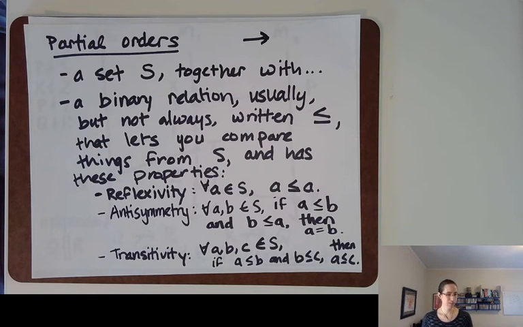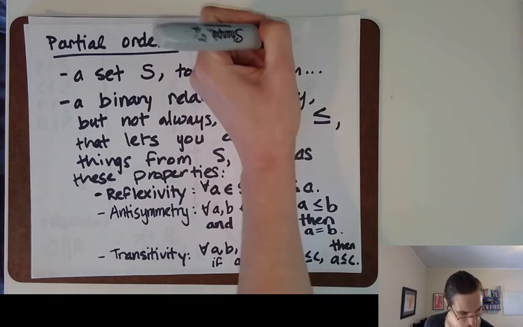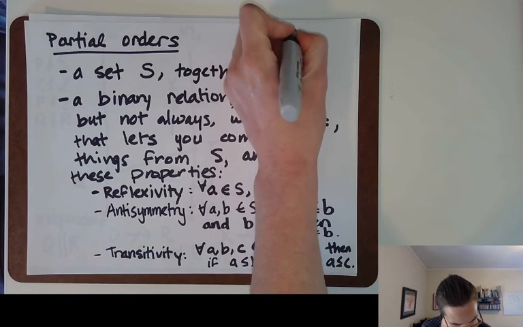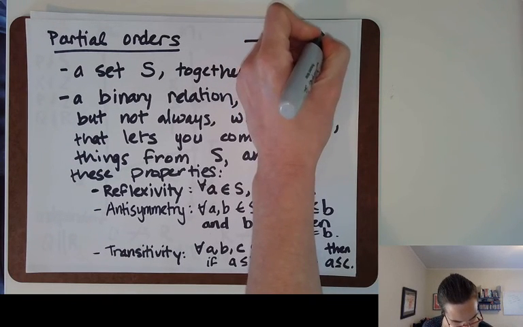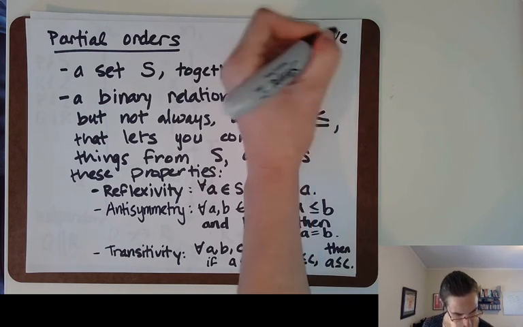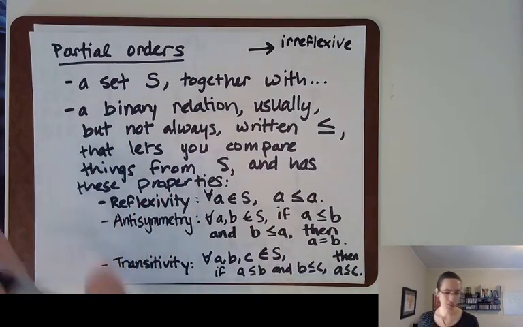And so the happens before relation is actually not reflexive. And so the happens before relation is a weird partial order that does not actually respect these rules. We say that the happens before relation is an irreflexive partial order. And so I actually feel kind of bad that the happens before relation is so fundamental to this class, to the point where it's the very first